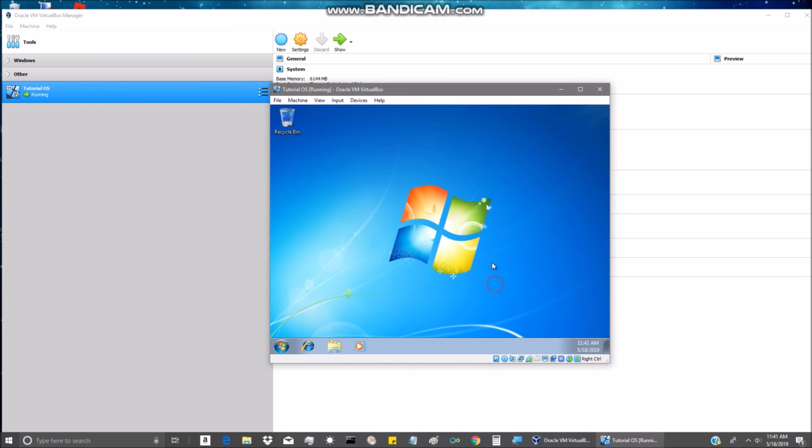We've successfully installed an operating system in VirtualBox. In the next video, we'll be talking about how to install VirtualBox Guest Additions and enabling the Aero theme, as well as